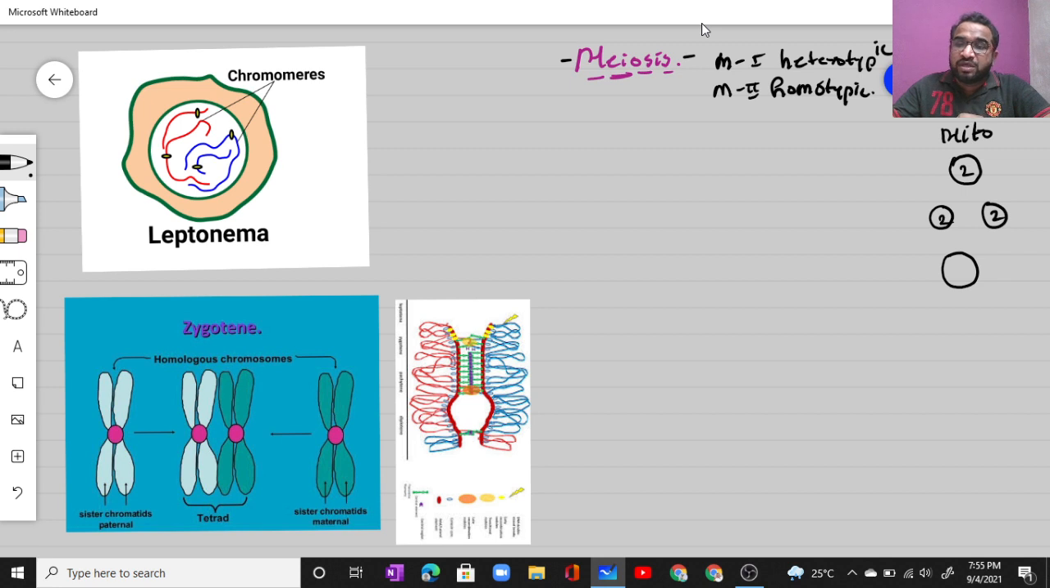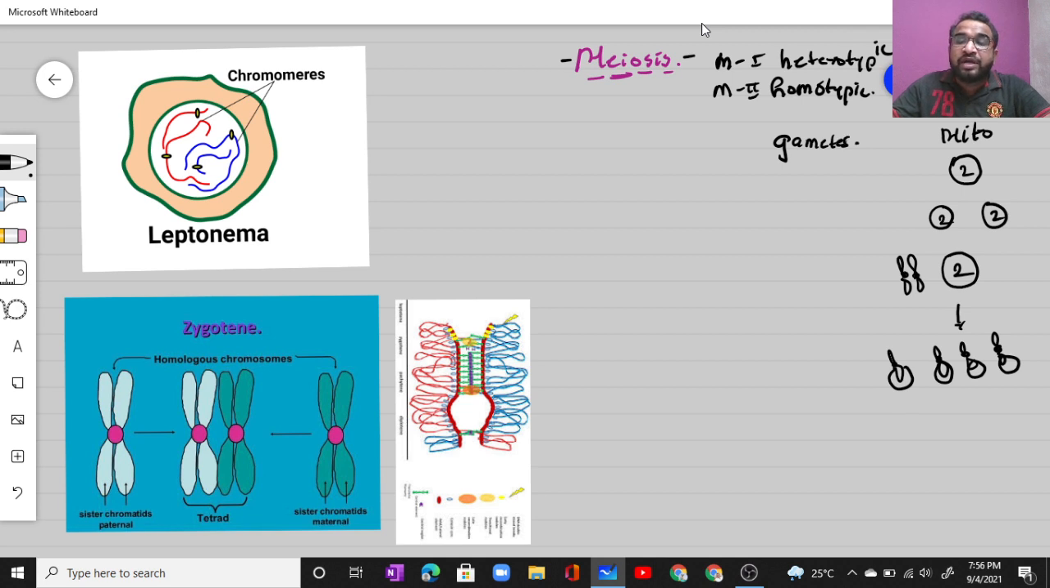But in meiosis, if the mother cell has two chromosomes each, that is, a pair of chromosomes, first comes meiosis 1 and then meiosis 2. At the end of meiosis 2, four daughter cells are produced, and each daughter cell has only one set of chromosomes. That is half the number of chromosomes as compared to the mother cell. This mostly happens in the reproductive cells during the production of